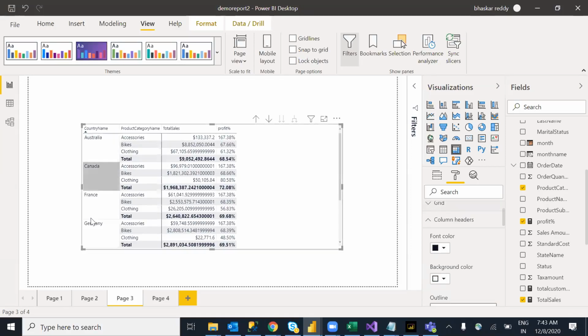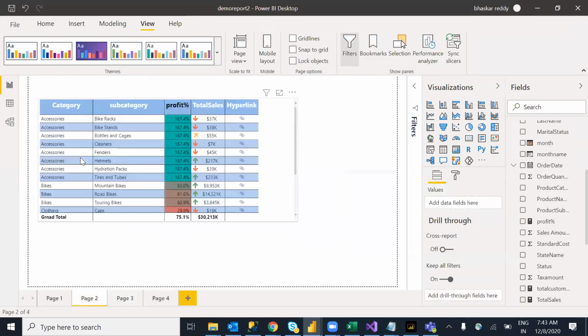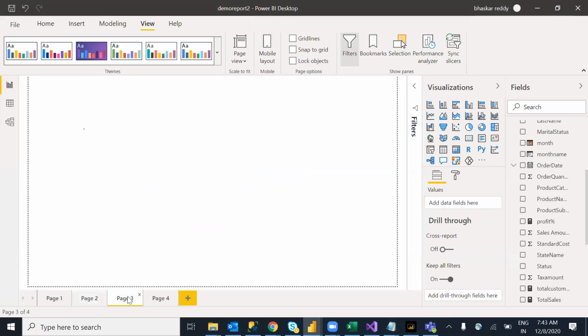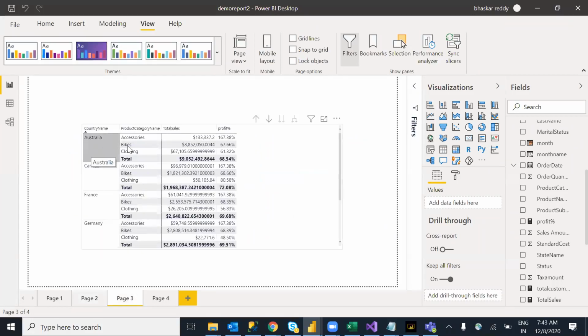So like this at the matrix level. Here if I have multiple country names, it will come one time only. Canada, if the same kind of functionality, we don't get at table level. Accessories, all the things will come. If you use country also, all the country names will repeat. You can see accessories, accessories, accessories, but here it won't come like that. For one time only it will be shown. Under that, what is the sub product, our country name, and the remaining things. It will come like this. It is a different look and feel for a matrix.